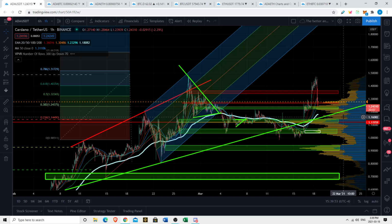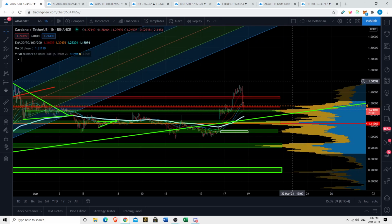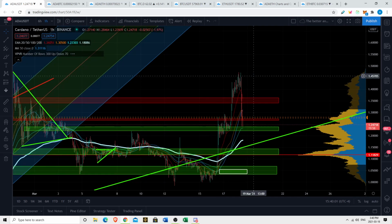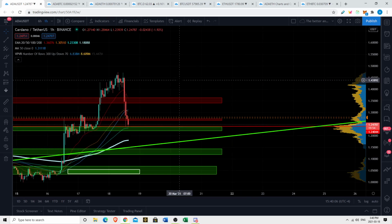Now, folks, let's talk about the long term here. Well, I like to say I think Cardano could reach $5 to $10 over the long term, but ultimately I don't know that for sure. I'm trading and scaling out of my long-term positions based off time frames, and not so much specific price targets. Come late third quarter, early fourth quarter, September, October, November, that is when I'm selling out of my long-term positions